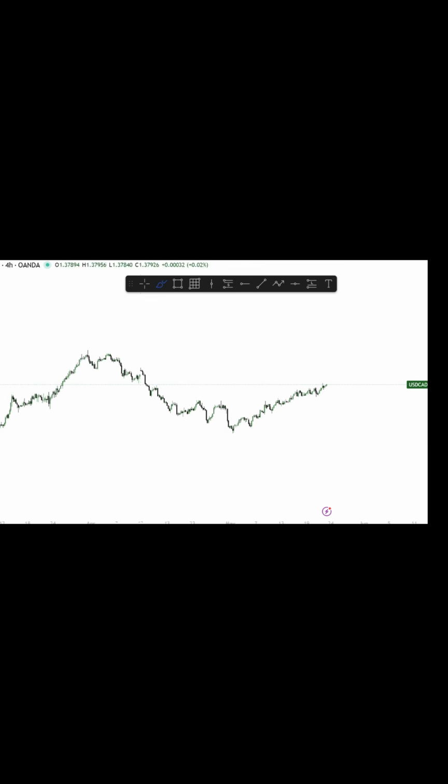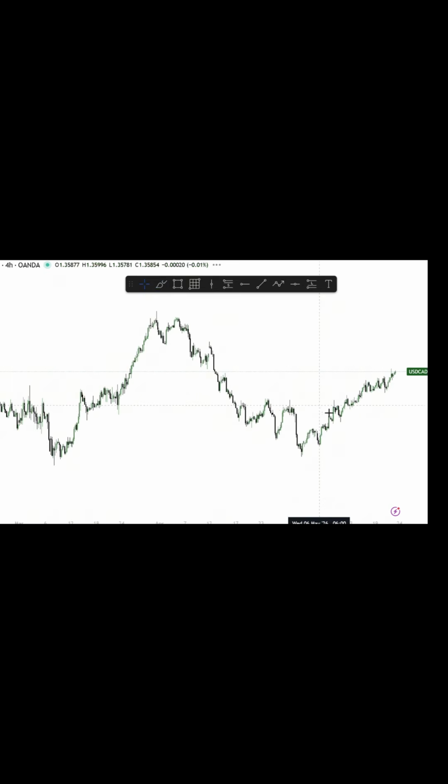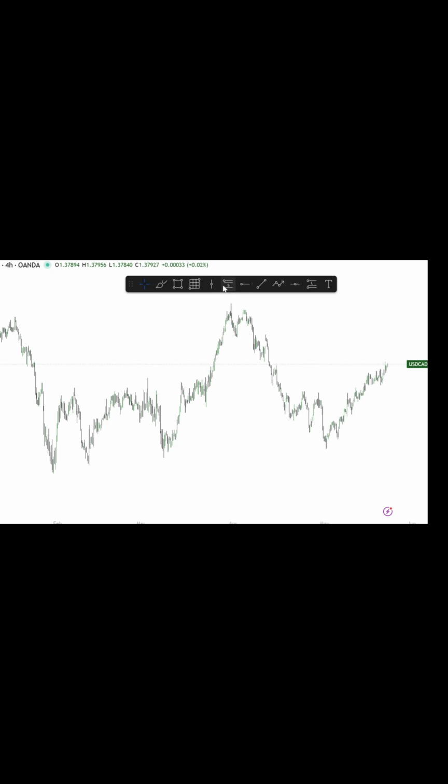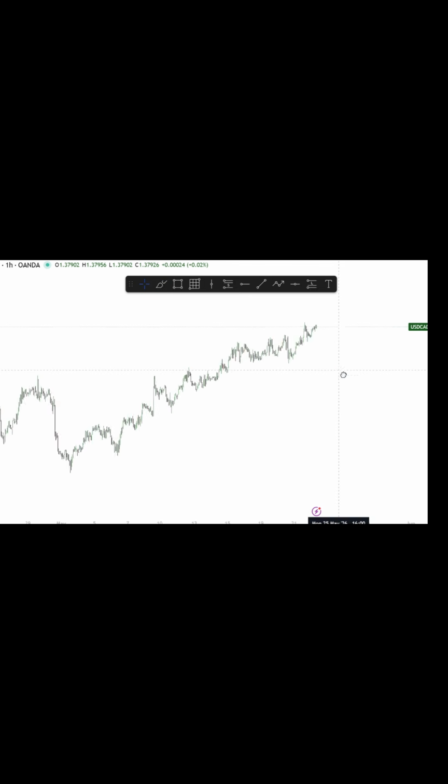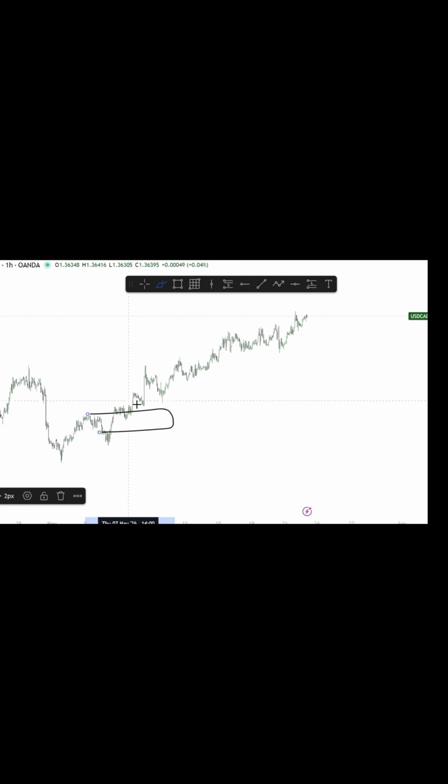But as you can see on the 4-hour time frame, because we are technically bullish with the break of structure over here, this is our swing low and this is our swing high. We can see that after liquidating these lows over here, we then saw that supply chain break and start pushing price towards the upside. If we move down onto the 1-hour time frame, what we can see is a demand chain that's been pushing price towards the upside. So what I'm anticipating is this demand zone to hold